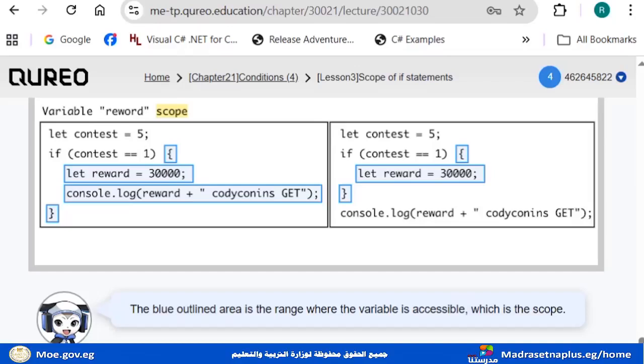See the difference. Let contest equal 5. If contest equal 5, we have two brackets. Let reward equal 30,000. Till here, all statements are the same. But if we write this statement inside if, so reward is known. So the value of reward is printed. But if we get this printing statement out of if, where reward is declared,